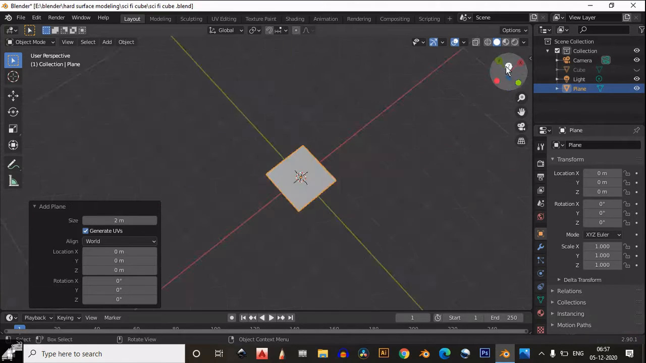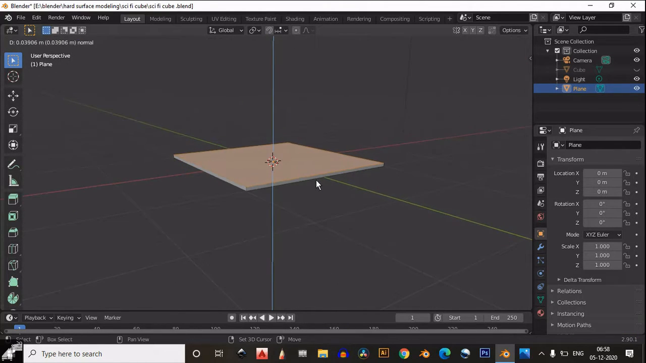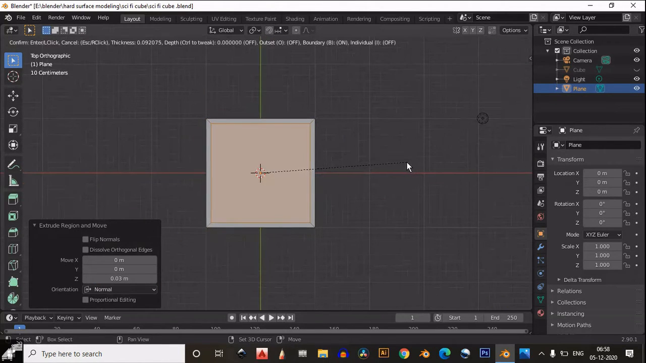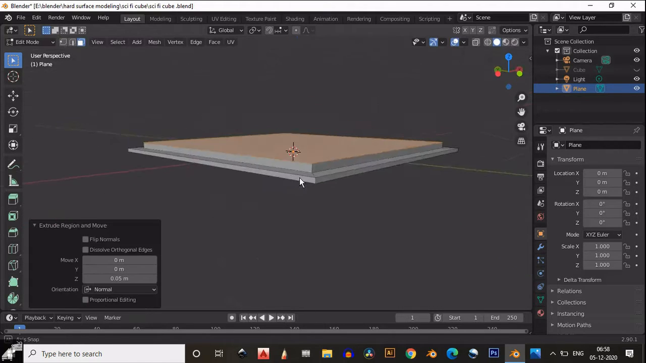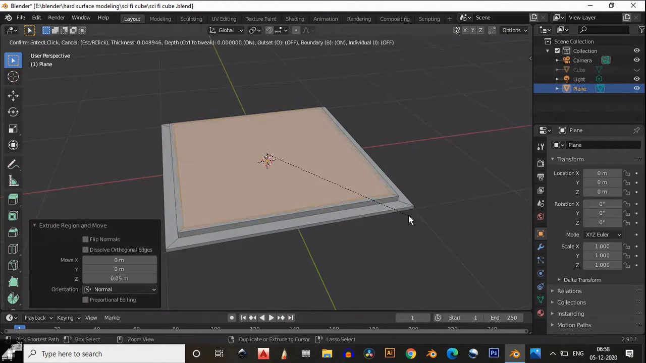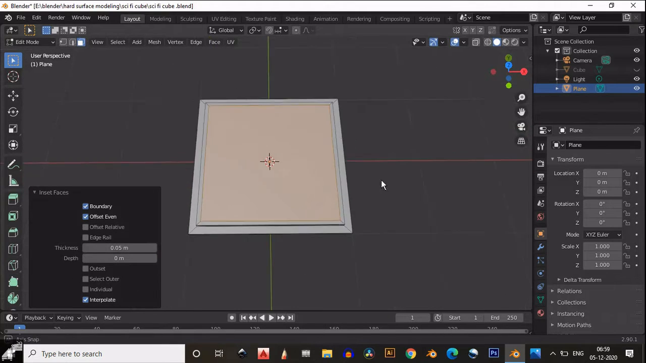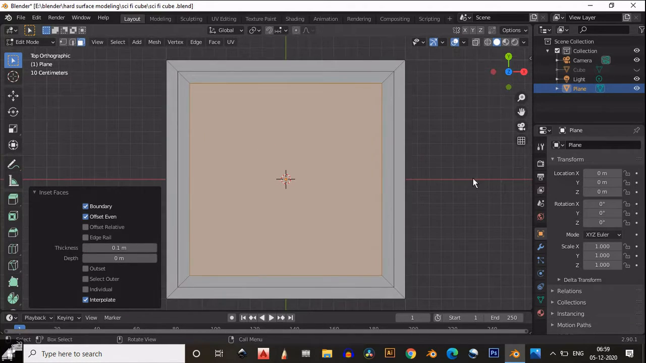First we will create a processor. To create a processor, add a plane. Go to the edit mode and extrude the plane a little bit. After that, give the proper amount for the extrusion. Next, inset this face in this way, and one more time extrude it out like this. Then one more time inset this face and give 0.05 as the amount for the inset. Then one more time inset it like this,